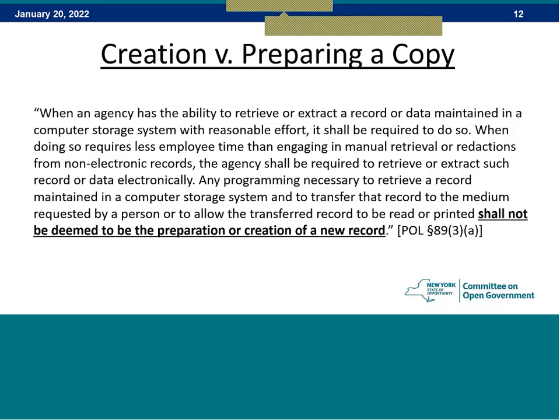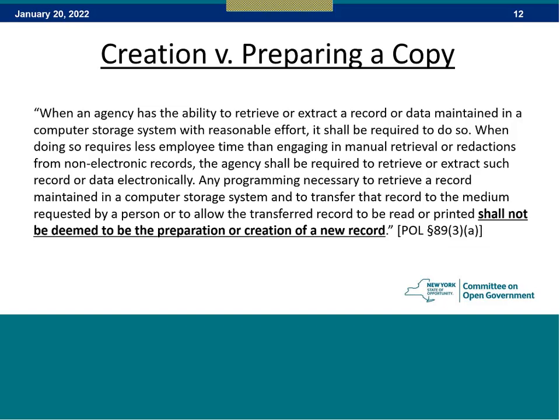An agency employee has the ability to query a database and have it run a report that contains the information being sought by the applicant. It is required to do that. If they have the ability to do it and can do it with reasonable effort, the agency is required to do it, even if the report that's being requested is not one that's produced in the normal course of business,